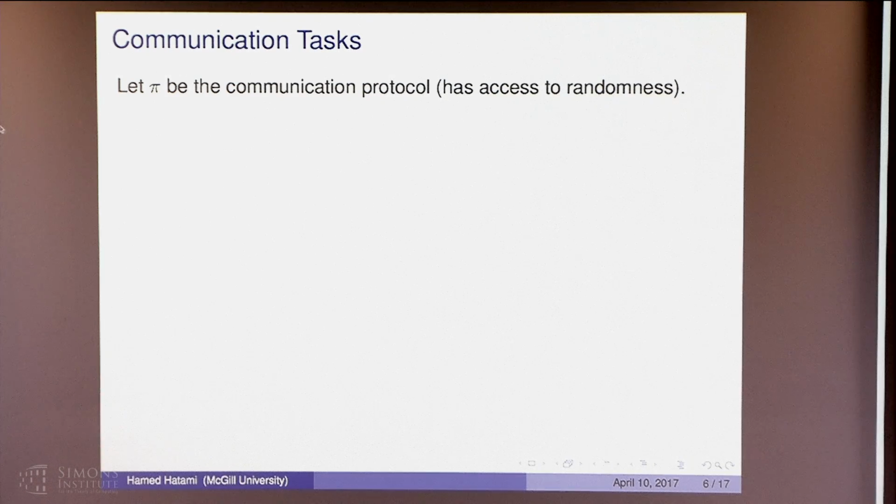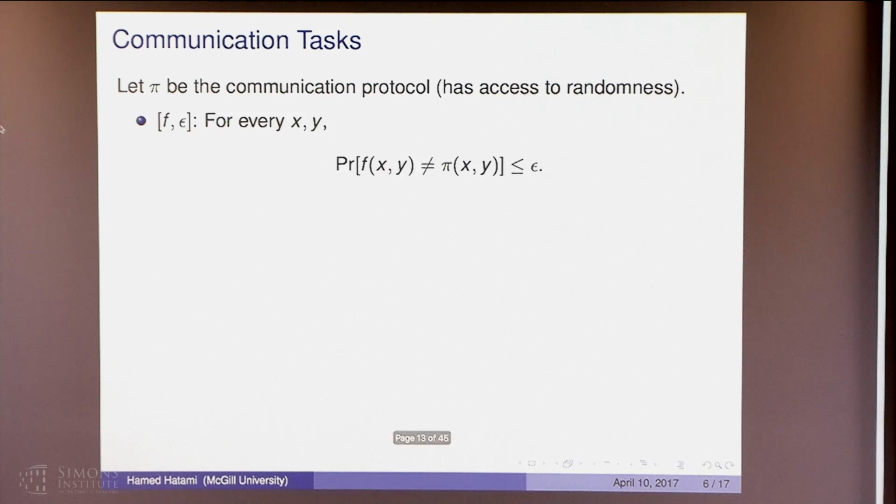So there are two main communication tasks that are often studied. Let me define these, and we'll work with these in this talk. We have a communication protocol which says how they're going to interact and what they're going to output. Let's denote that by pi. And this pi has access to randomness. So Alice and Bob can flip coins, and according to that decide what to do, which message to send, and so on. And in the first task that I'm interested in, which I'll denote by f and epsilon,